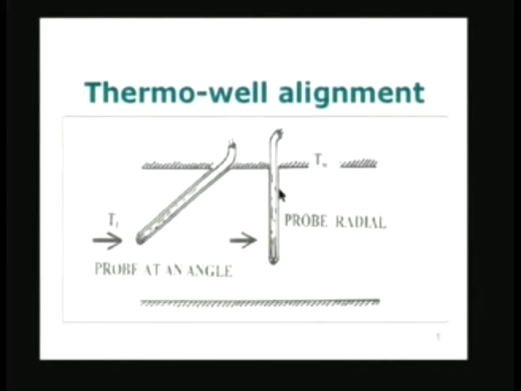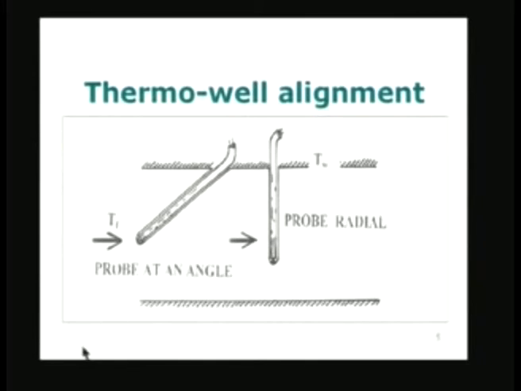So, in order to have larger values for L possible, we can immerse in a direction different from the normal direction we took here. So, thermowell alignment can be changed. It can be in a vertical fashion like this. The flow is taking place from left to right. The probe is radial if it is a tube, or it could be at an angle to this, or it could also come like this and then take a turn.